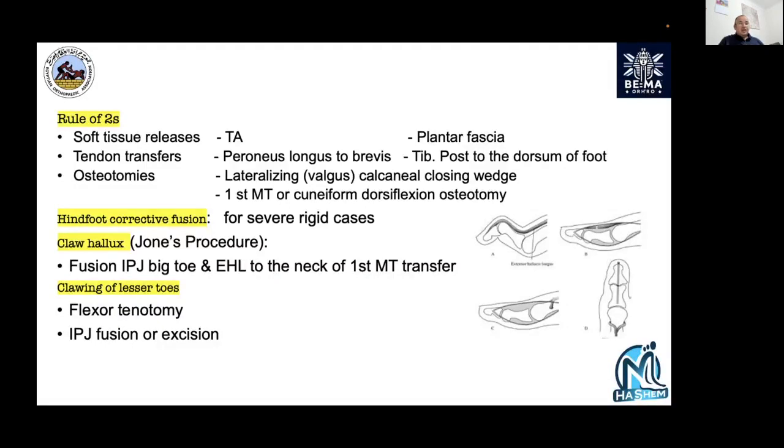and the clawing of the toes has two reasons. Number one, the same pathology which caused the Pes Cavus, which is a neurological cause, and the other one is the foot trying to overcome the weak everters and dorsiflexors. So what's happened? The first ray is plantar flexed, and the dorsiflexors of the foot are so weak, which is the tib ant. So the patient starts to recruit the EHL or the extensor hallucis longus